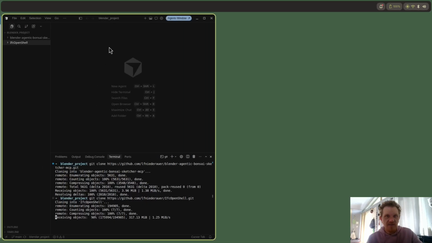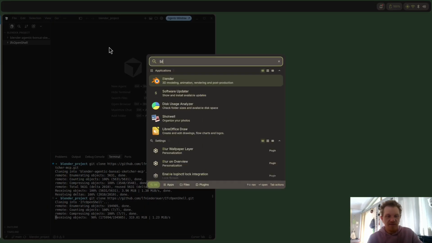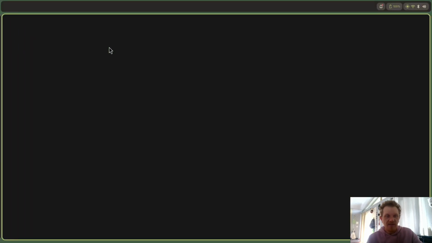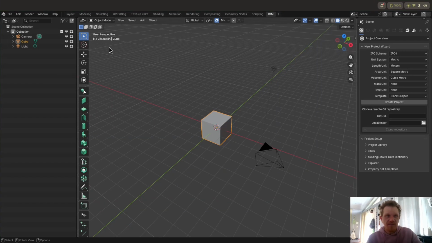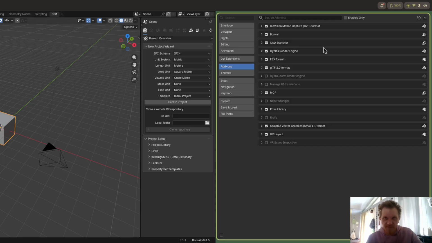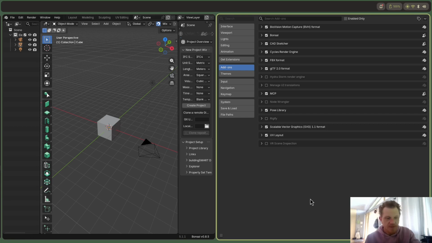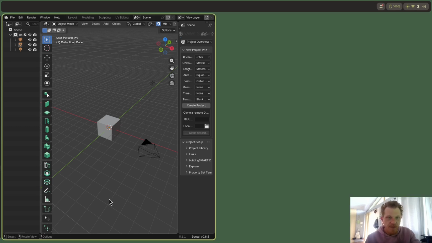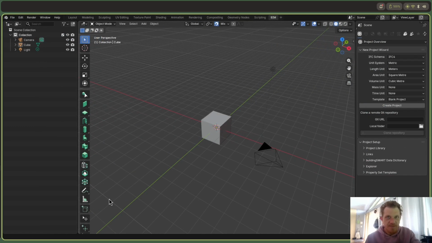Let's close this window. I closed both Blender windows. Let's open it up again. Let's just for good sake check if everything is on. Bonsai, CAD Sketcher, MCP, they're on. So we're good here. So our Blender is already started, so we don't need to restart it yet. But